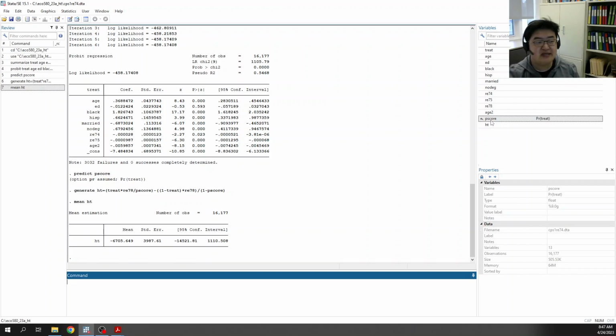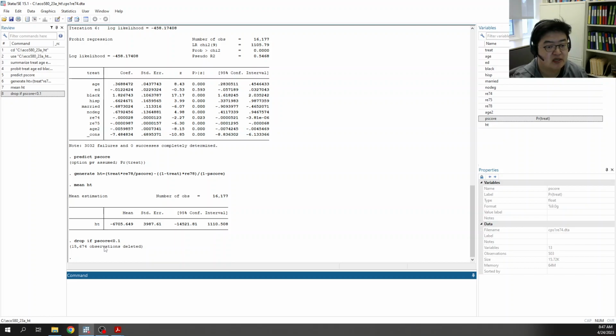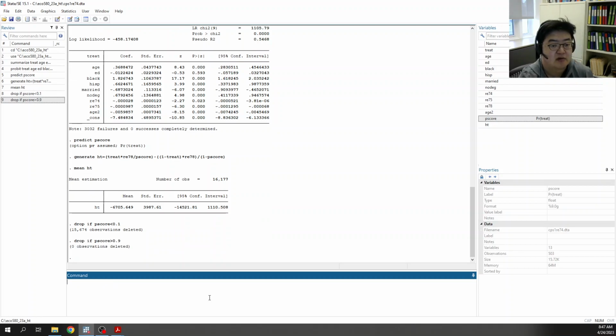So we already have p-score. Now, what we are going to do is drop if p-score is less than 0.1, and drop if p-score is greater than 0.9. There is no one actually who has p-score greater than 0.9. And then